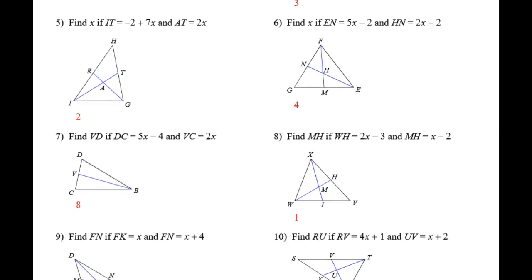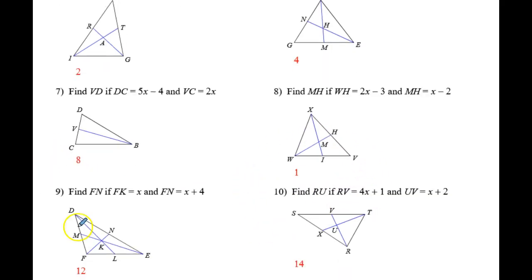All right, number 7, we want to find VD given DC and VC. So just remember, using the fact that V is going to be the midpoint of DC. Here, using the 2-to-1 ratio. All right, make sure you ask me any questions, and we're going to practice all